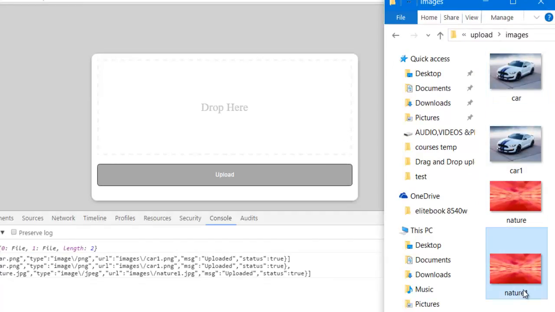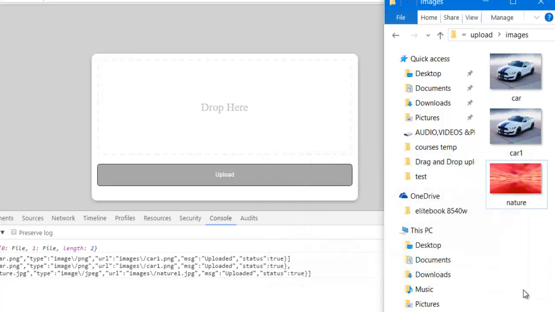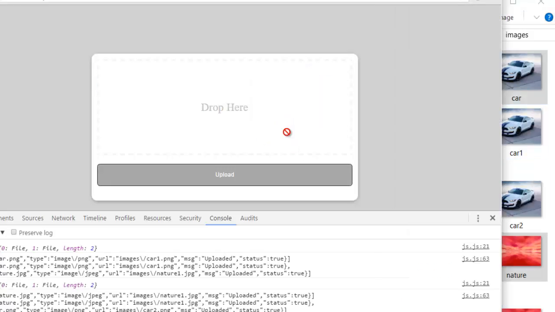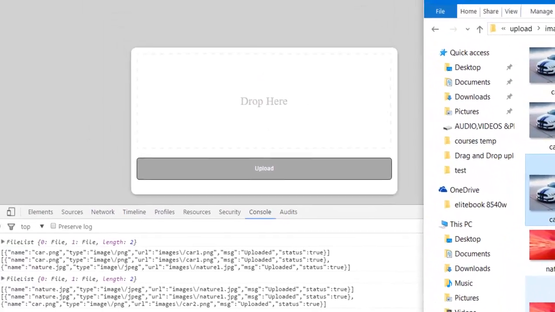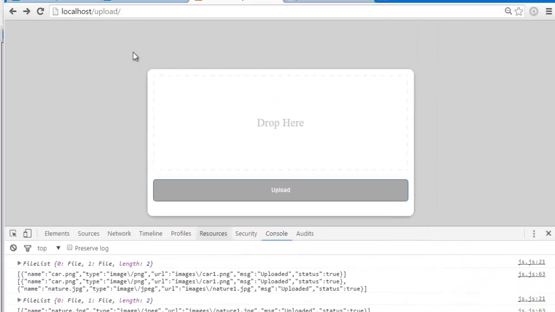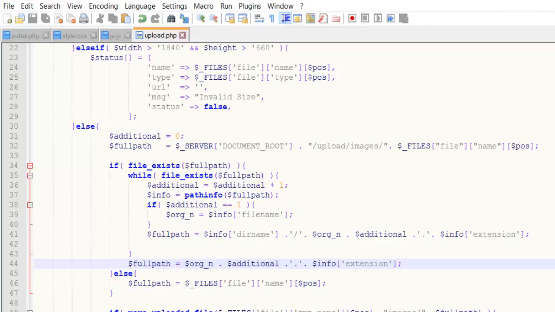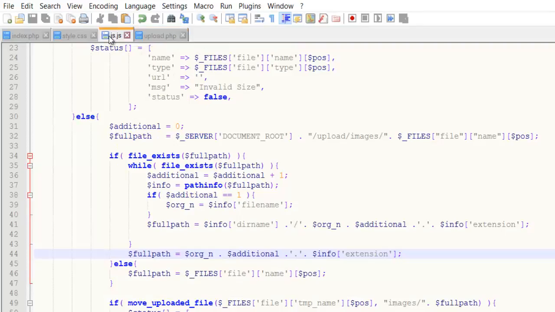So for instance, if I delete nature1 and now if I upload, it will say car2 and nature1. You see car2 and nature1. Perfect. Great. So now it is working. So now what we have to do, we have to come here,